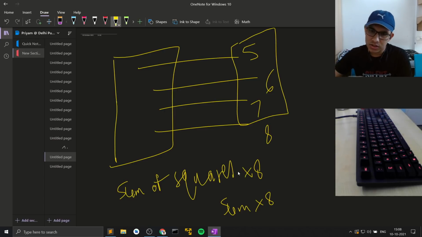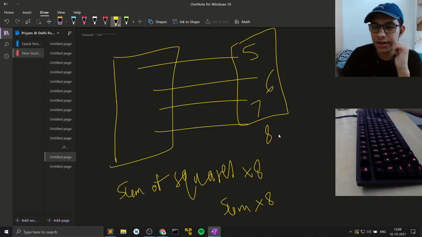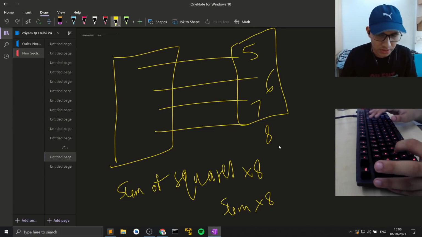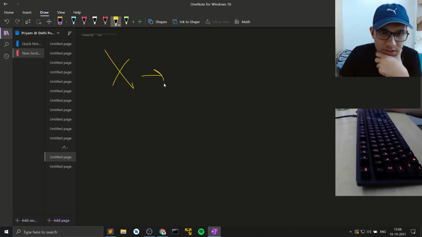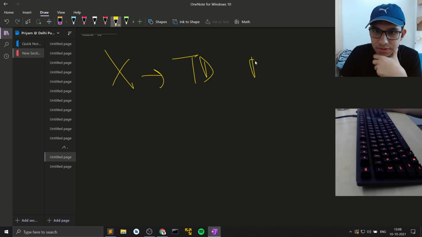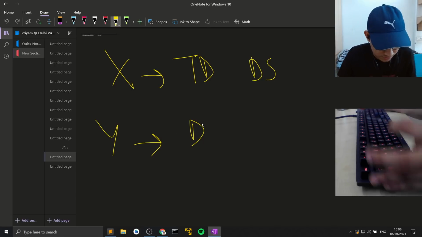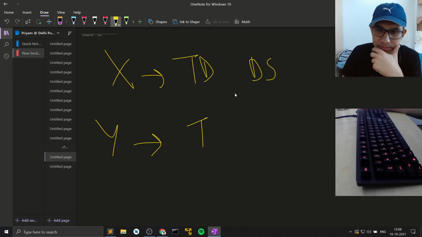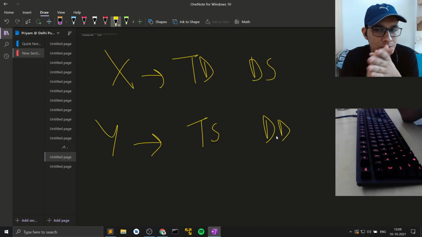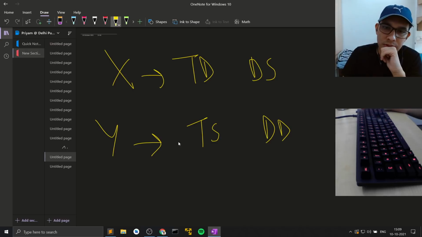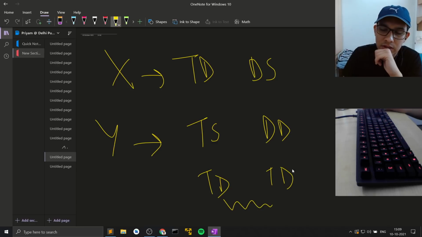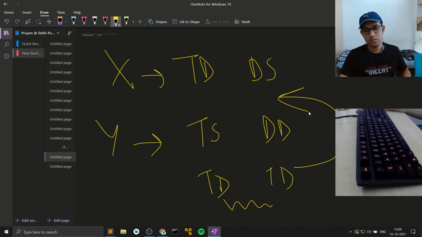Okay, but here the condition is that the topic is different, but the difficulty might be same. So if we do it the other way around as well, we have 2 cases. Let's say we have X, which is denoting that topic is different, but the difficulty is same, and we have Y, where the topic might be same, and difficulty is different. But there is another case where topic is different and difficulty is different, and this is getting counted in this as well. So we need to subtract this once.